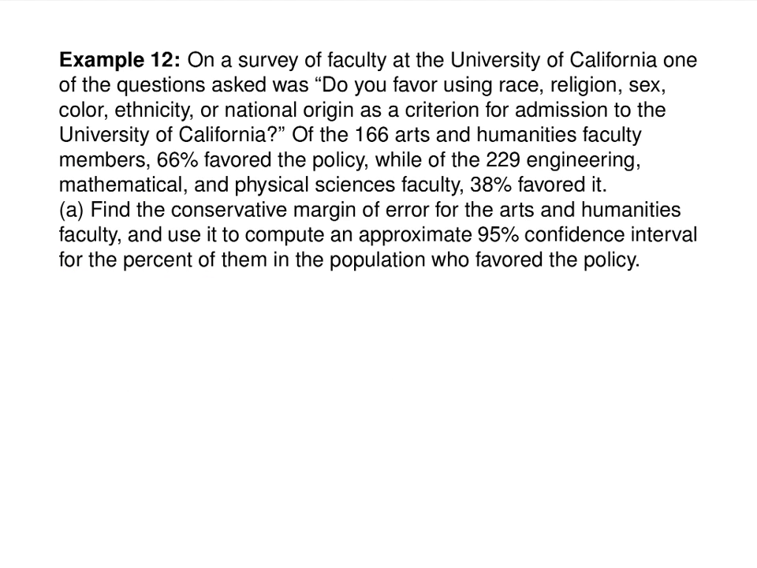Okay. And the last thing we're going to do today is go back and look at these confidence intervals again. This time we're actually going to find two of those confidence intervals and talk about how having two of them allows us to look at the differences between two different groups. So there was a survey done on faculty at the University of California, and one of the questions asked was, do you favor using race, religion, sex, color, ethnicity, or national origin as a criterion for admission to the University